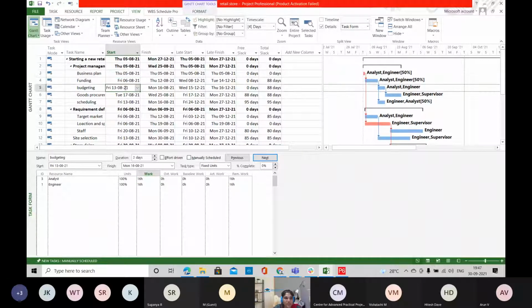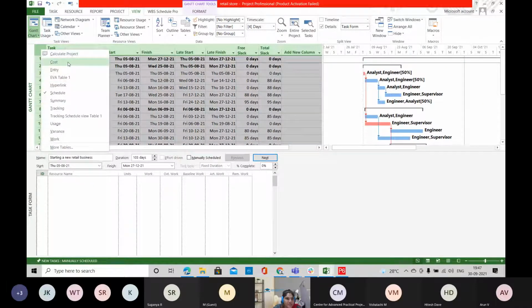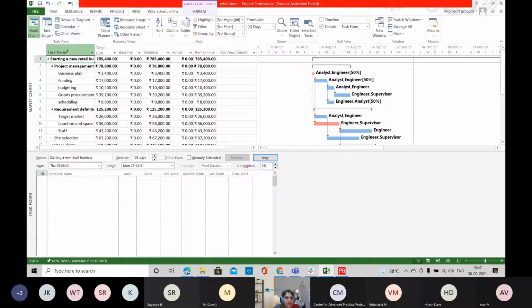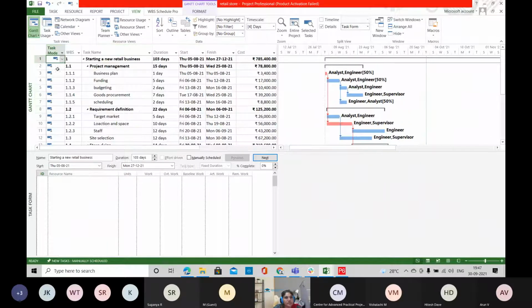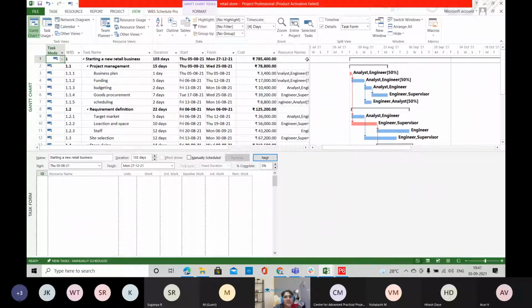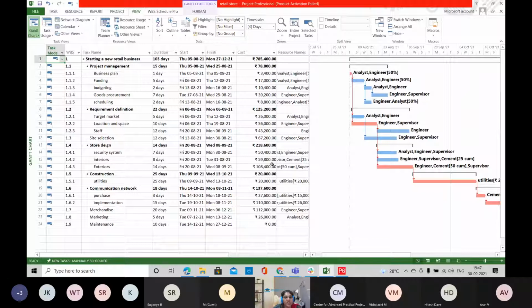You can assign for each and every task. After assigning all these resources, you'll have the cost related information for the particular task, and it is rolled up to the summary level, and this is rolled up to the project level. So here you'll have your total project cost.